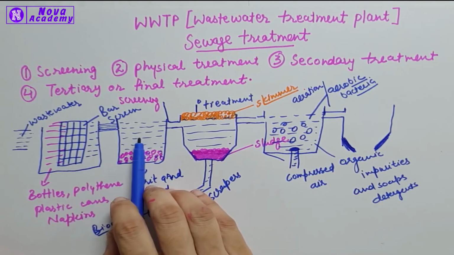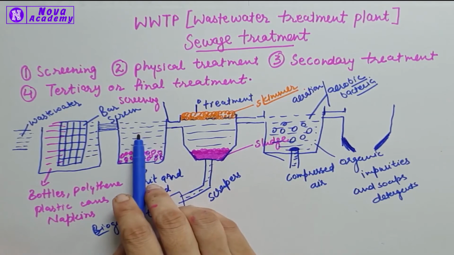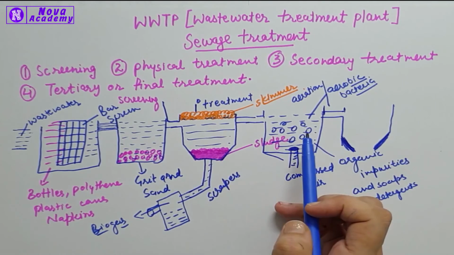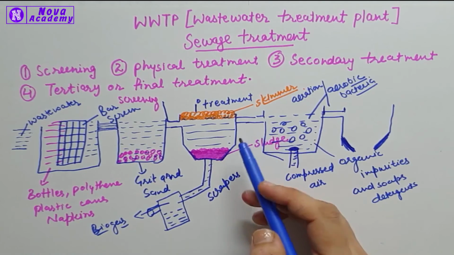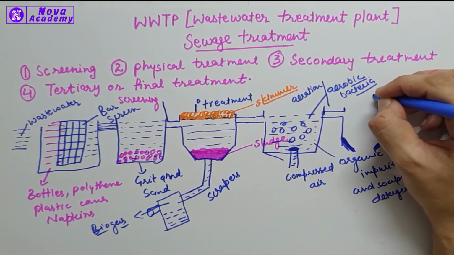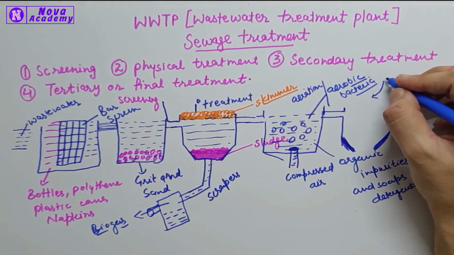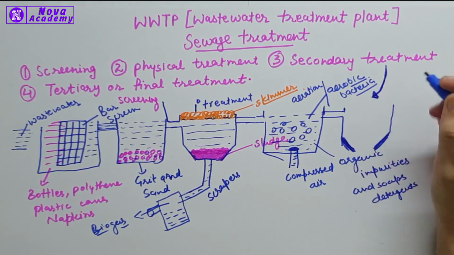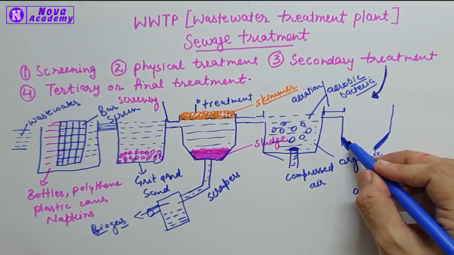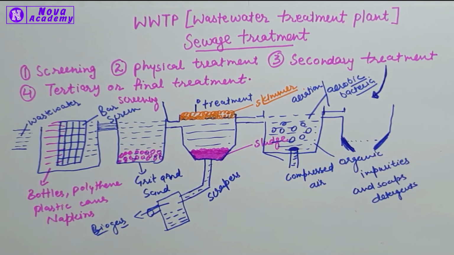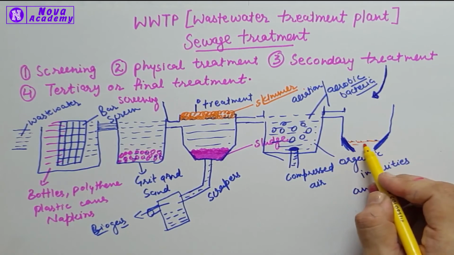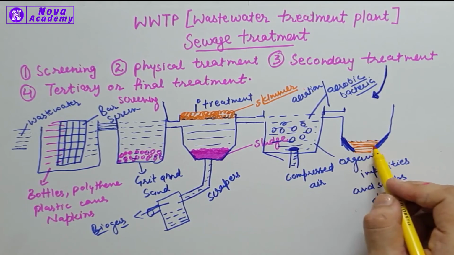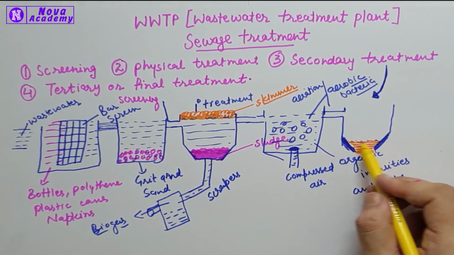First, bar screening and grit and sand removal come under screening. Then primary treatment, where we separated the sludge, and aeration, come under the primary treatment. Now our sewage enters the secondary treatment. In the secondary treatment, the decomposed matter settles down. The decomposed matter, which is decomposed by the aerobic bacteria, settles down and we remove